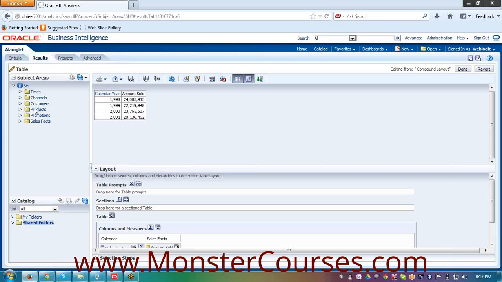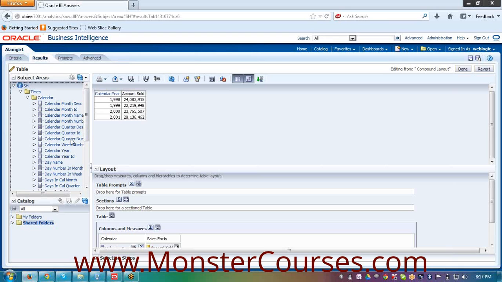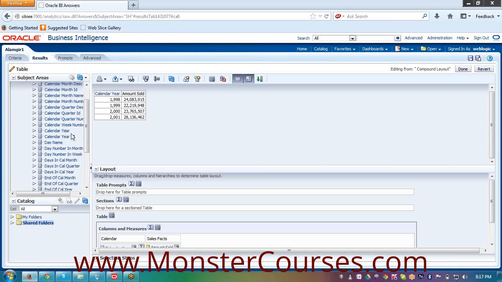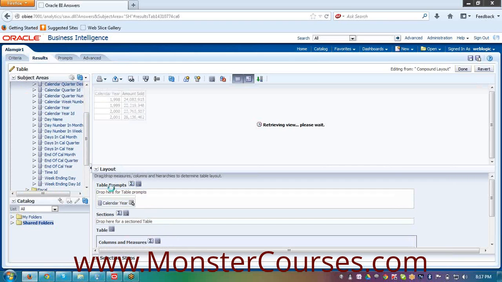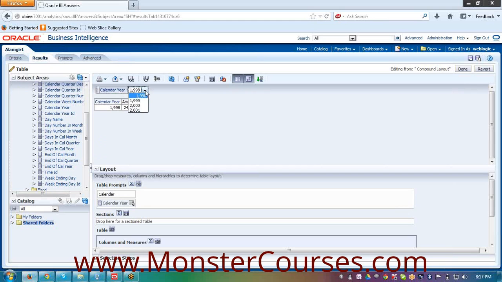Let's say you want the calendar year to be prompted. So what you can do here is say calendar year is prompted in the table. Now you see from here calendar year is prompted. You select a year, the result will be displayed like this, right?